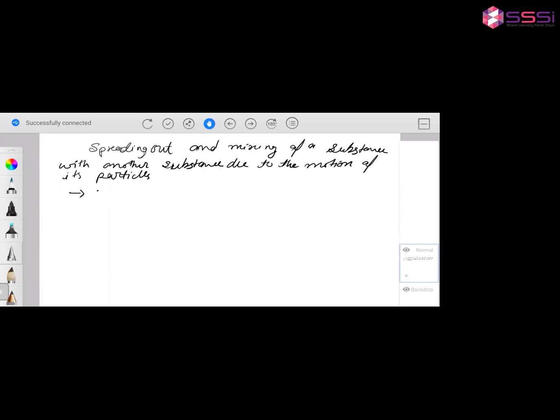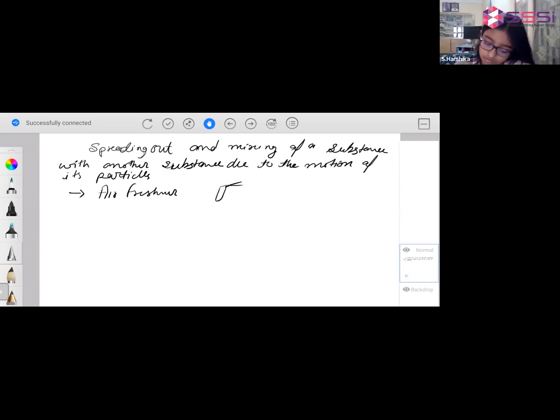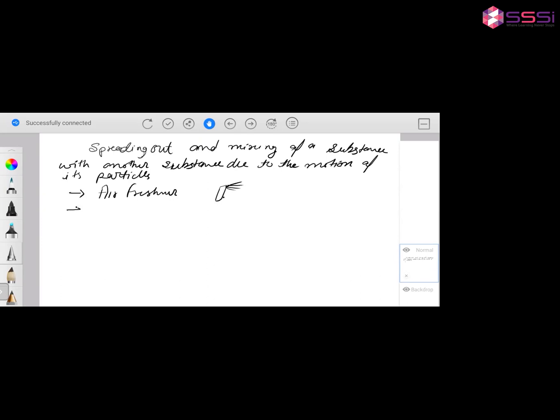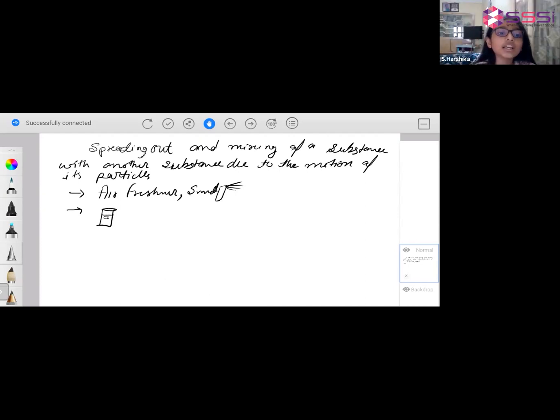Examples like air freshener. They diffuse in the air. And another example, air freshener smell, the particles diffuse in the air. Ma'am, the air freshener is a substance.